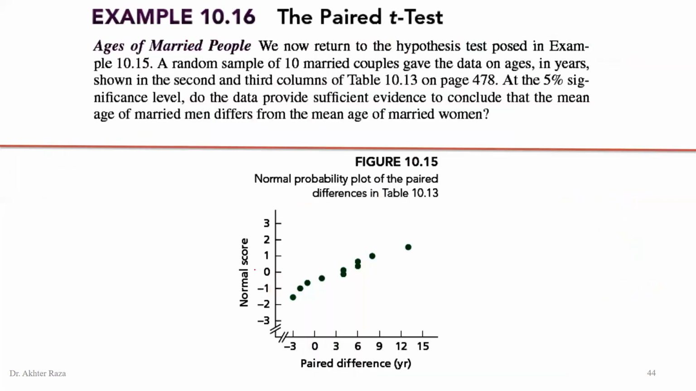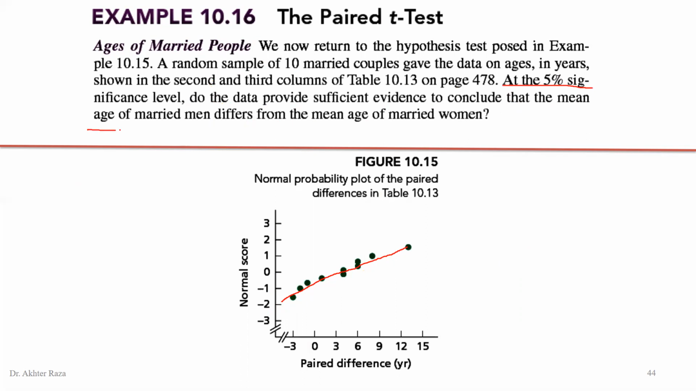As the normality assumption, these differences are plotted on the normal probability plot. You can see the points lie on a straight line, indicating normality. So the differences are normally distributed, meaning the variable x1 is normally distributed, as well as the variable x2. So we have to check at 5% level of significance that